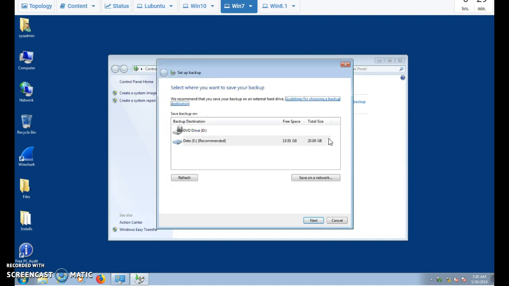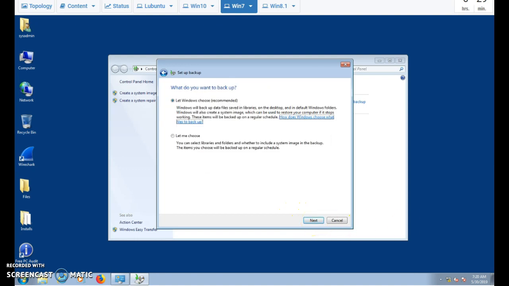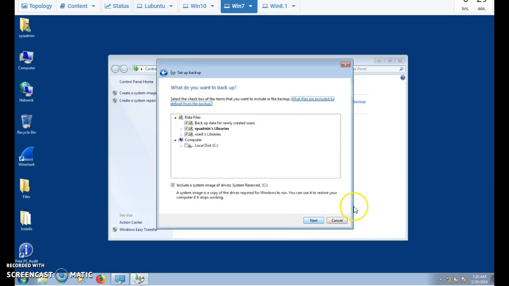It's gonna scan a little bit, and you will see right here data E drive recommended 19.91 gigabytes. So hit next, and its default is Windows choose, but you want to choose, so click on let me choose. Hit next,